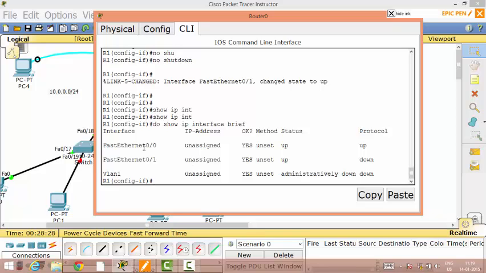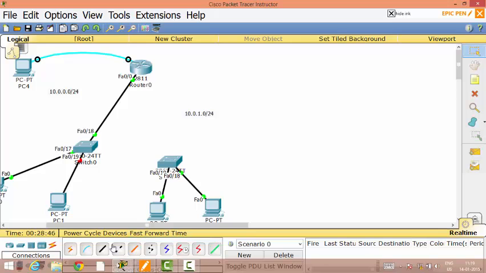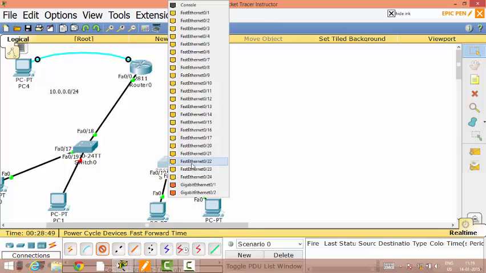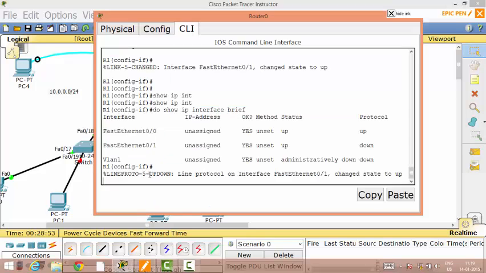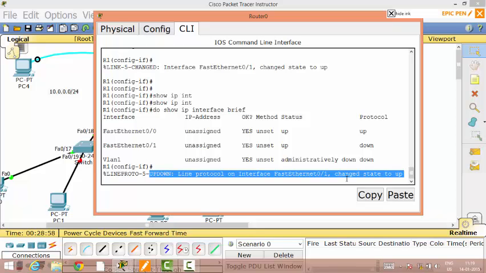It is telling me that on 0/0 status is up, protocol is up, 1 and 2 both are up. But in 0/1, layer 1 is up, layer 2 is down because nothing is there. Is this clear? Now as soon as I go and connect the interface cable here, can you see line protocol on interface 0/1 change to up? Okay,